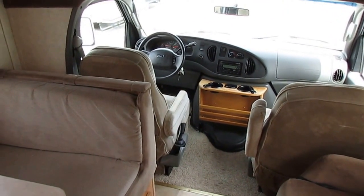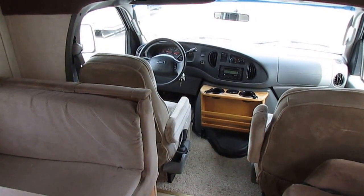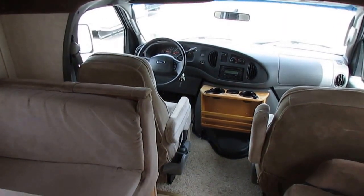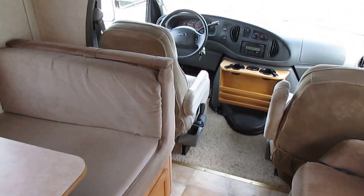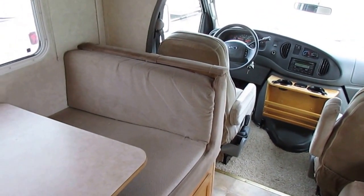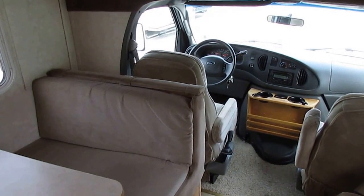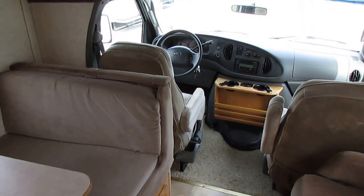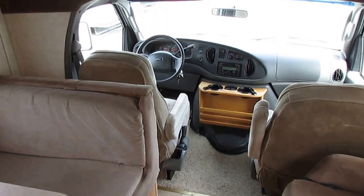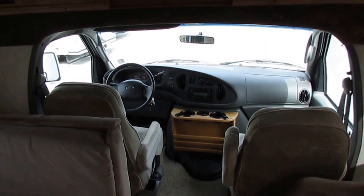Now, folks, this is a 2004 model. I'm going to go ahead and tell you it's 13 years old. Everything in it's 13 years old, has 13 years worth of age and use. The upholstery, the exterior, the interior, there's going to be worn spots, there's going to be faded spots, cosmetic stuff is part of buying a 13-year-old motorhome, folks. I'm not going to do a thing about it. At $29.9, I'll go through a major systems check and we'll fix anything that's wrong with it that's on our